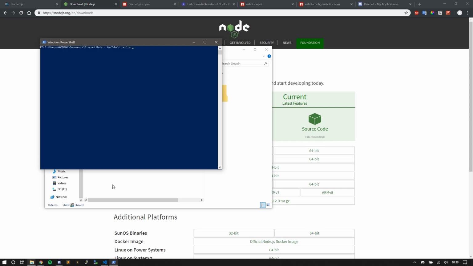Anyways, like I said, the first command that we're going to do once you have Node installed is npm init. Init is a command that starts something. It initializes. So you're going to do npm init, and that is going to create a package.json file in your directory here. Package.json is very important for a Node application. You cannot run a Node application without package.json.